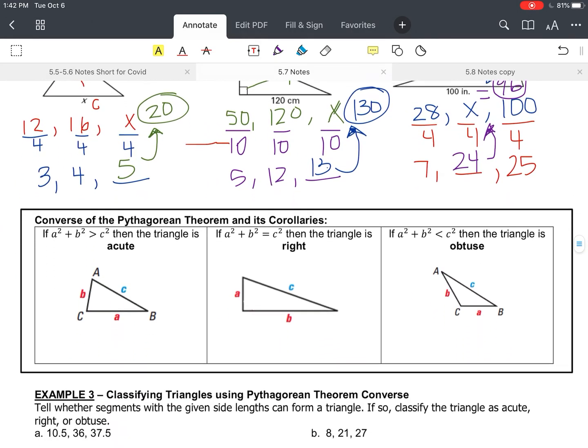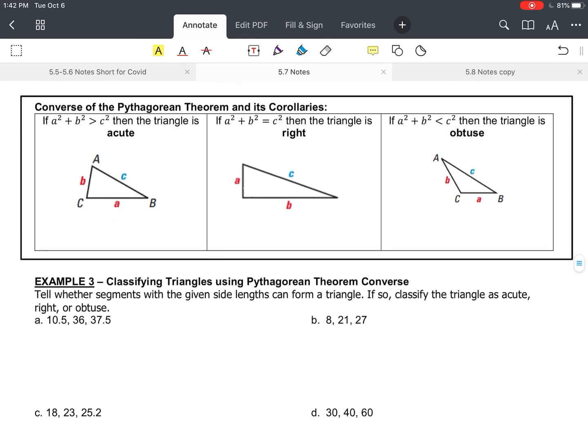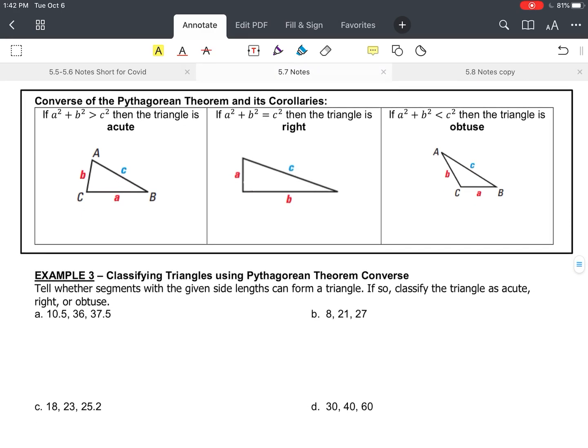So that's another way to find sides using Pythagorean triples, but that doesn't mean you're always going to be able to use it. Again, Pythagorean triples are whole numbers only. Last thing is the converse of the Pythagorean theorem. What the converse of the Pythagorean theorem says is, so the middle one we already know, if a squared plus